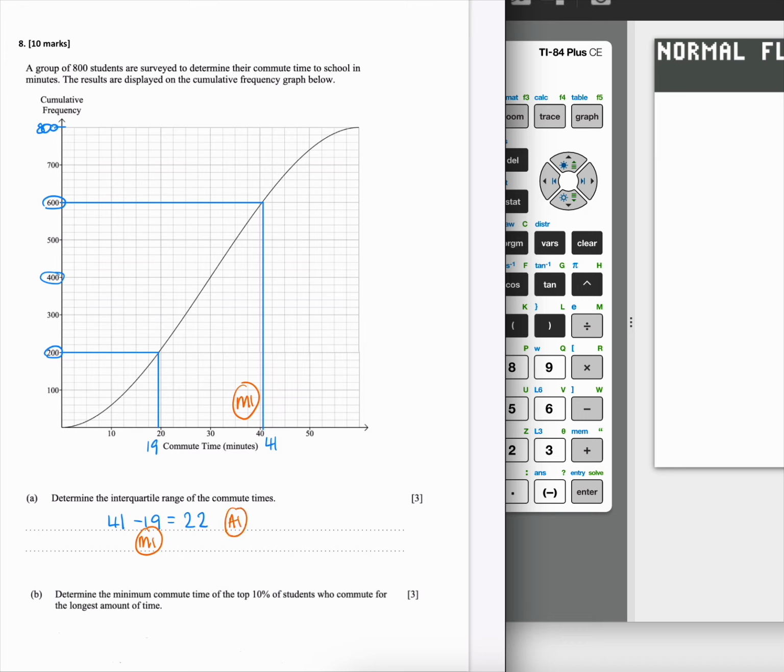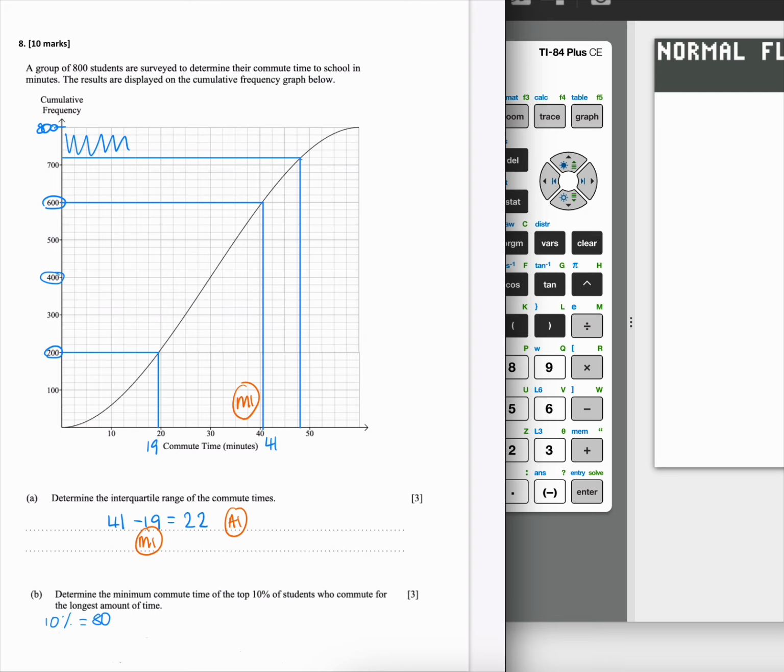And then the second part of the question says determine the minimum commute time that the top 10% of students have to take. So 10% of students is going to be 80. So 10% is equal to 80. So I now need to find where 80 students are, and that's going to be at 720. So it's the top 80 students, which is why I've taken them from the 800 at the top there. We're interested in this section here. And if I work down there,